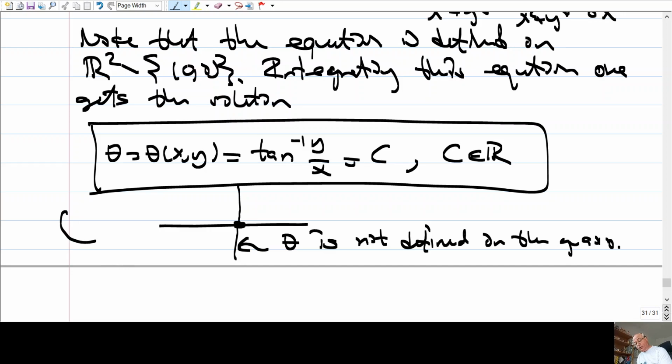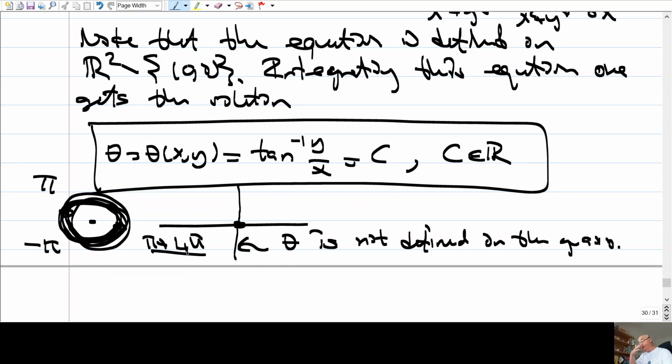If you go this way, you get, let's say, minus pi, but if you go this way, you get plus pi. And if you go like this, to this point, you will get, let's say, pi plus, let's say, 4 pi. You go halfway and then 2 more times, so you get 5 pi. So the integral of this expression